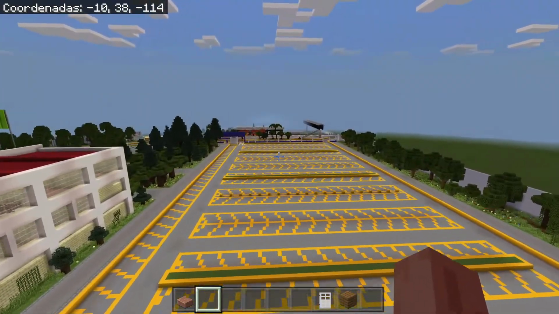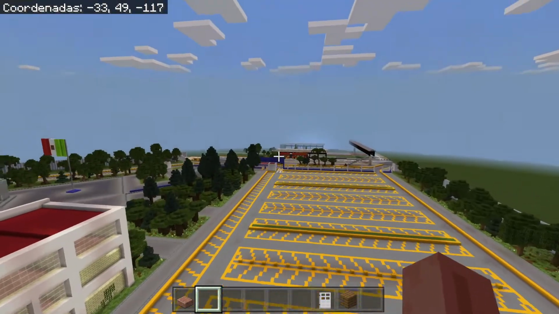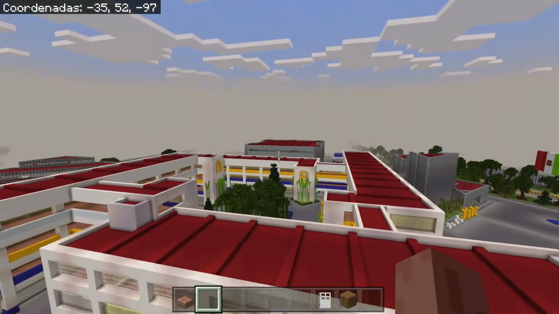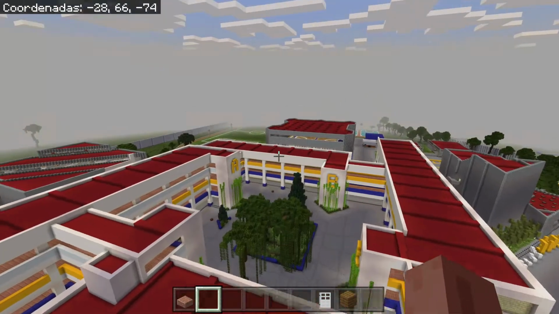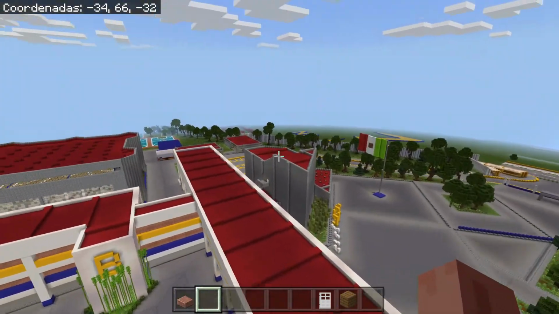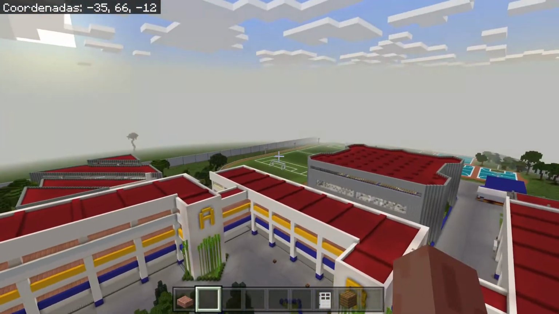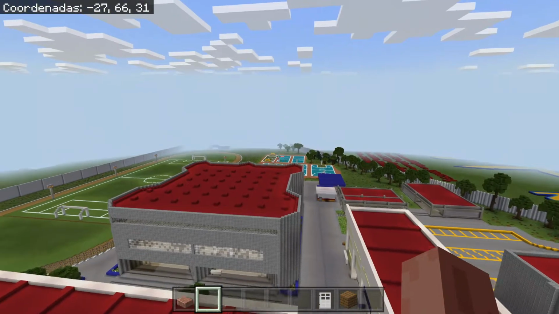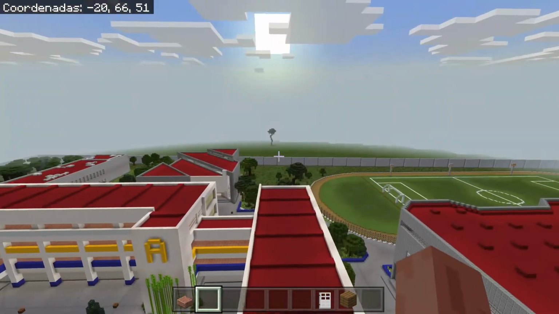This is a parking lot. This is where we park our cars. In front of me is the entrance, but I already showed you the entrance. Here are all the 4 main buildings. Of course there are other buildings. On the right side is the auditorium that I already showed you. Over there you have a soccer field and basketball courts and some volleyball courts as well.